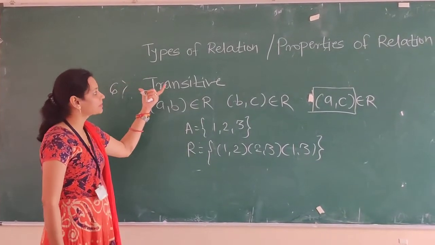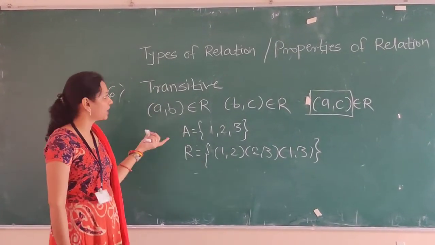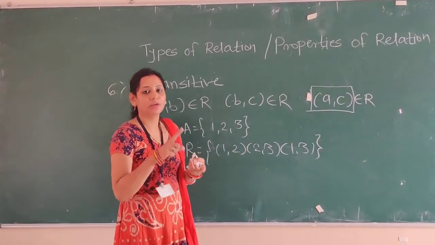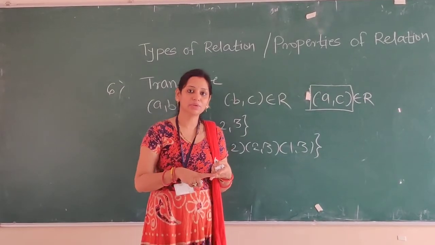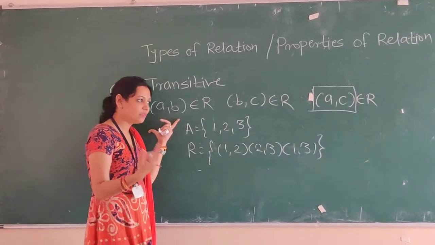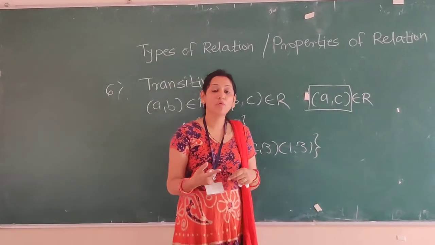So these are the types or properties of relation which we have seen today: reflexive, irreflexive, symmetric, asymmetric, antisymmetric and transitive. In our next section, we will see what is